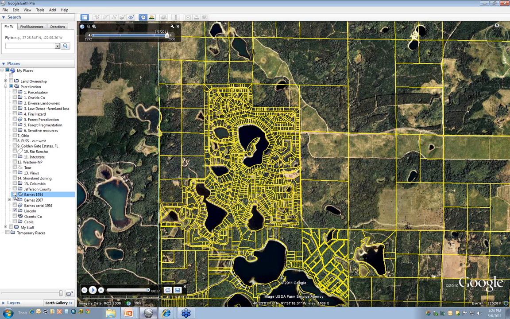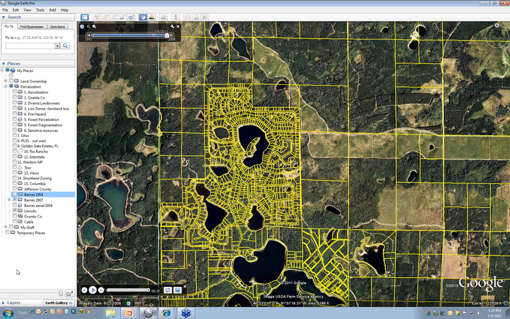Okay, and then another quick question just about the technology is, someone asked how you can add parcels to Google Earth. It's really not that hard. If you have ArcGIS, I think 9.3 or later, in our toolbox you will find a tool, I can't remember which one. It's under conversion. You can convert your shapefiles or your feature classes to a KML file, and KML files can be brought into Google Earth.